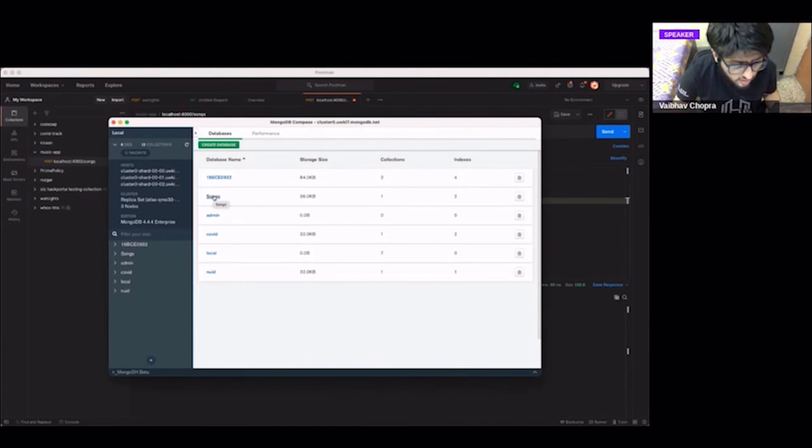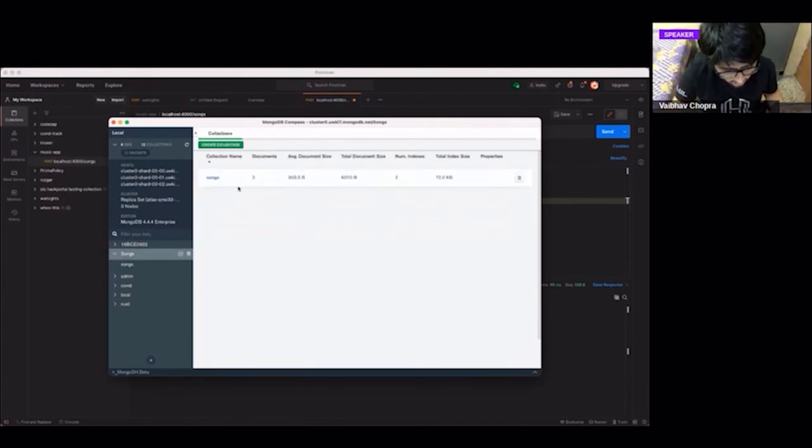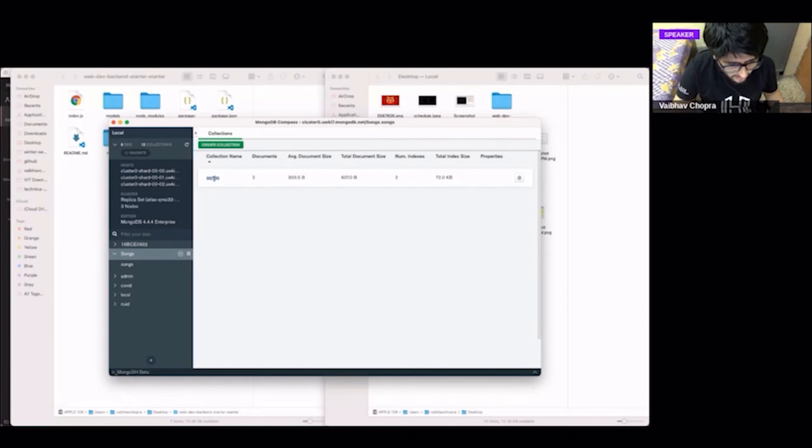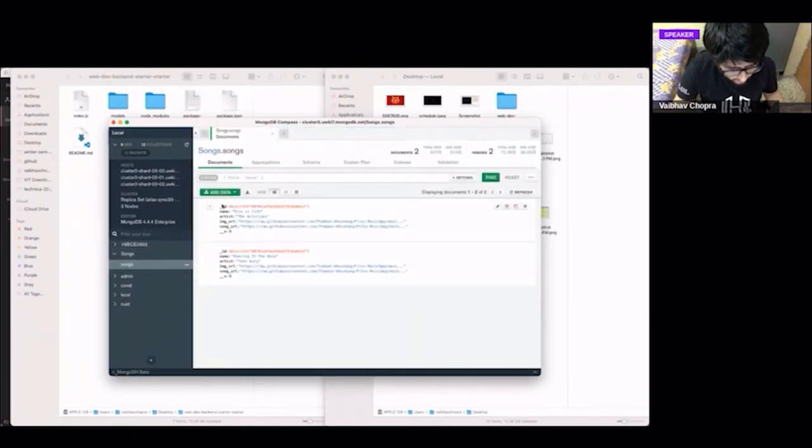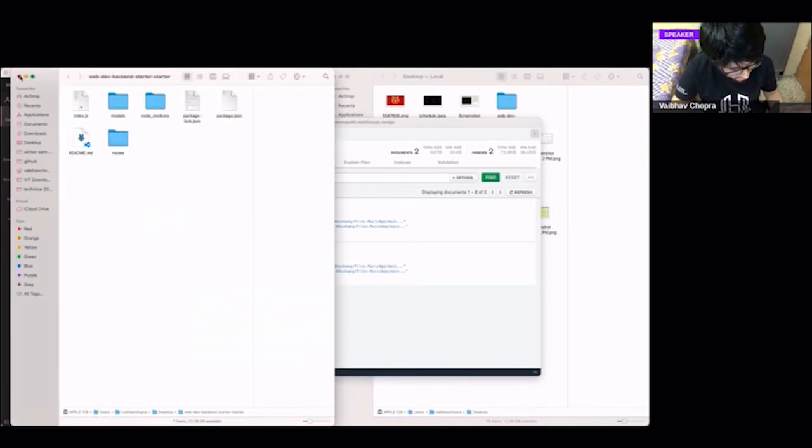Don't delete those or change anything in those, but hopefully a songs database, or for you it would be your registration number. For me it's called songs. For you it will be your registration number, which you'll be seeing most probably if you followed my previous steps. Once you click on it, you will see this songs collection. Remember I entered 2 songs in my collection. It's showing those 2 songs, and once I click on this, yeah, it showed me these two songs which got created from what I entered in Postman.